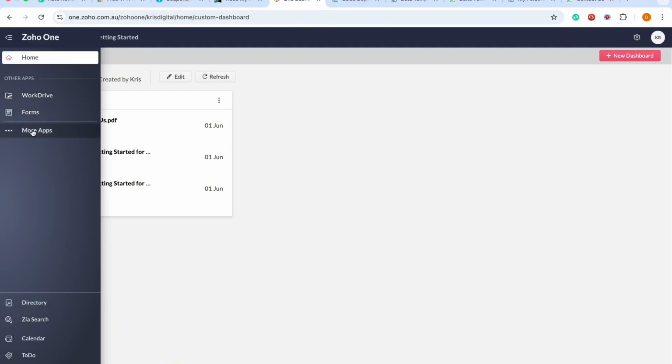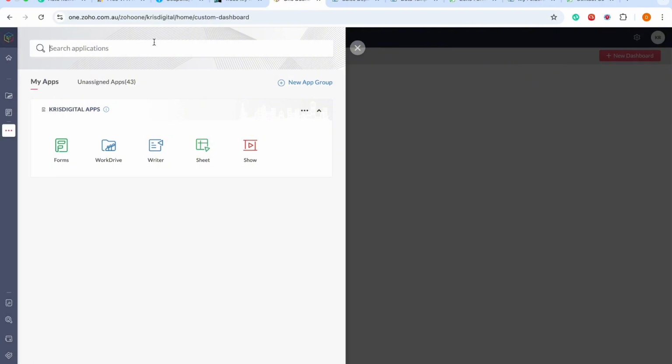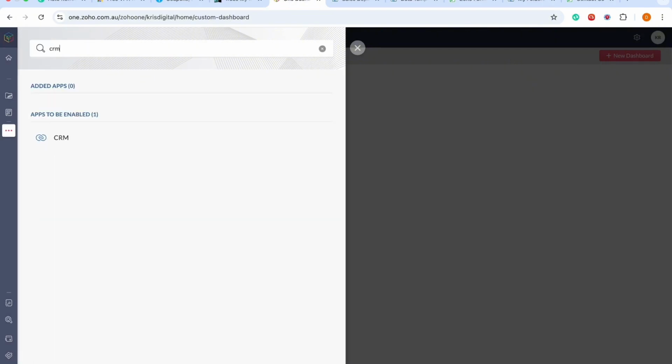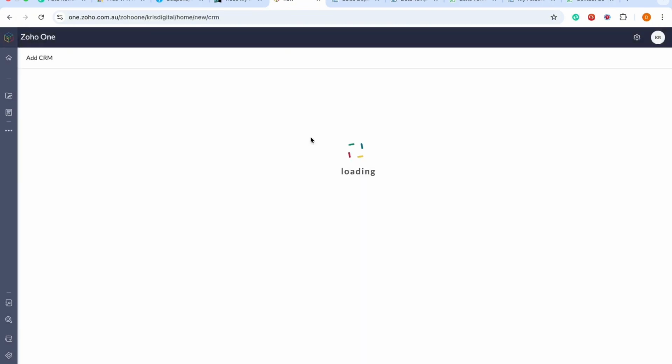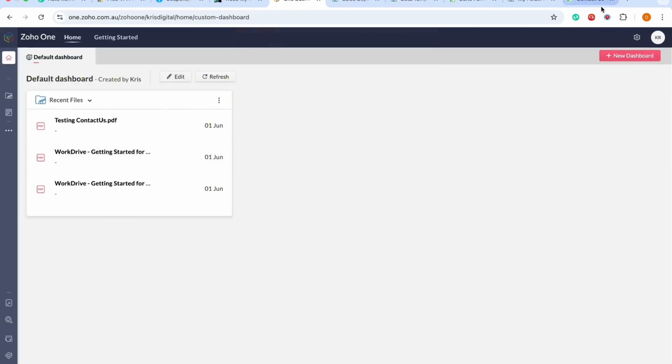So more apps. You're going to go over to the left panel and click on more apps. You search for CRM and you click add. So they're setting up a CRM for us. When you're creating the CRM, you don't have an account, so we have to create a CRM account. The application is already enabled, so let's just cancel and go to